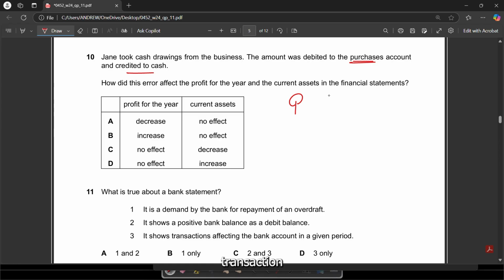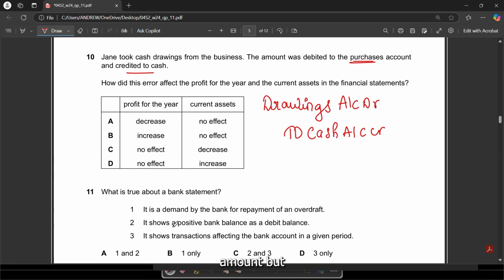So understand this transaction over here. The correct entry should be drawings account debit to cash account credit, whatever is the amount. But mistakenly, instead of debiting drawings, she debited the purchase account. She debited purchase account debit to